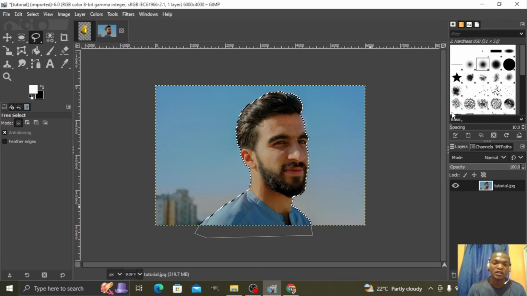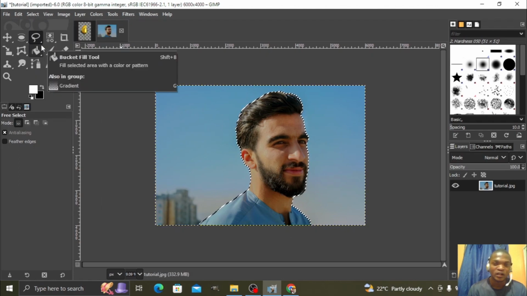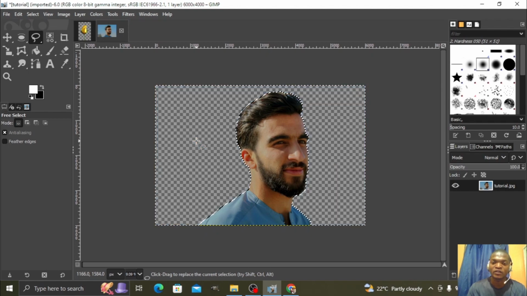So in order to change and select the background, you can just press Ctrl+I, but a long method would be to go to select and then invert. So click on invert, and now as you can see, it is the background that has been selected. Once that is done, just press the delete button on your keyboard, and that way we now have a transparent